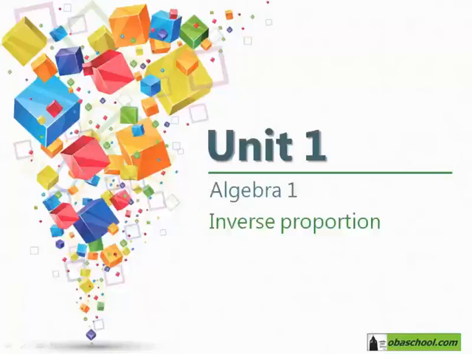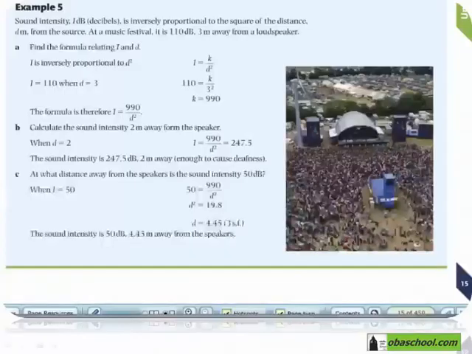In this video, we will be solving an example about inverse proportion, and you're going to see how we're going to use the constant and the two variables in order to find the missing part of the equation. Go ahead and turn to page 15 and let us solve this example that says sound intensity, I, as in